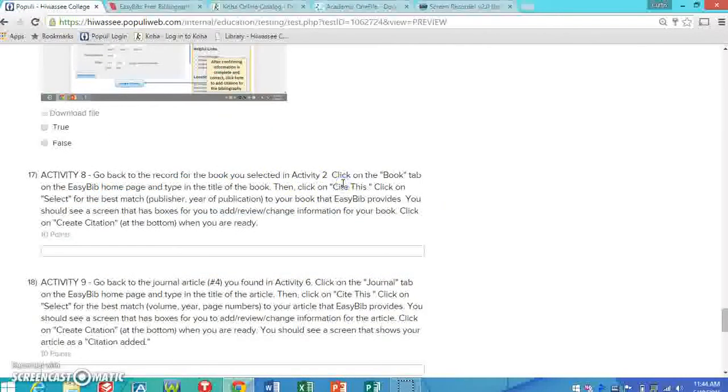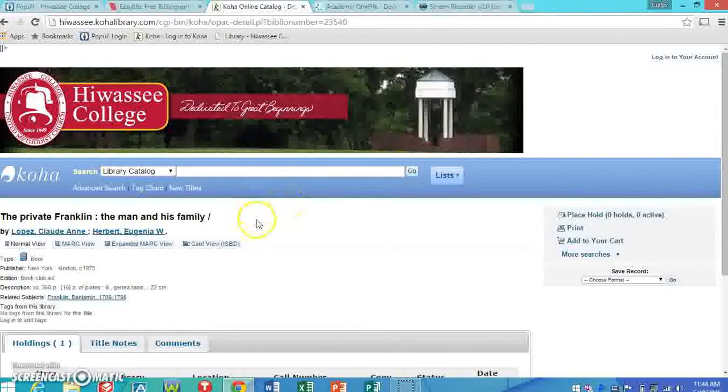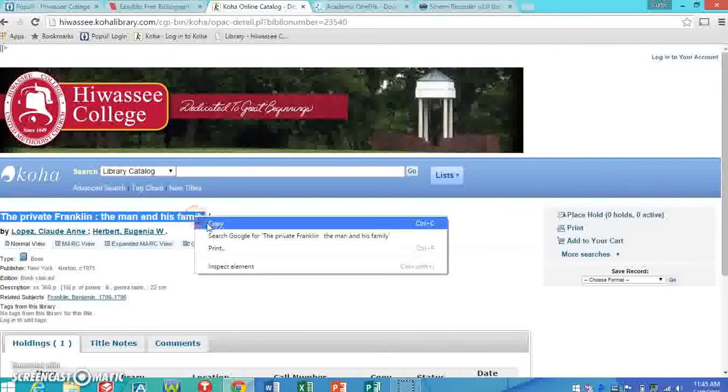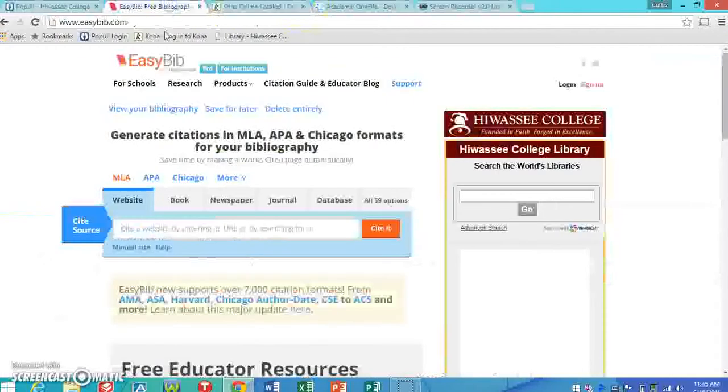Okay, so I'm going back to activity number 2, and so here we are. I'm back in the library's catalog where I found a book, and if you remember, we did a subject search and found this book about Benjamin Franklin. So what I need to do is select the title, copy it, and then I can go into EasyBib, and notice here EasyBib has a way for